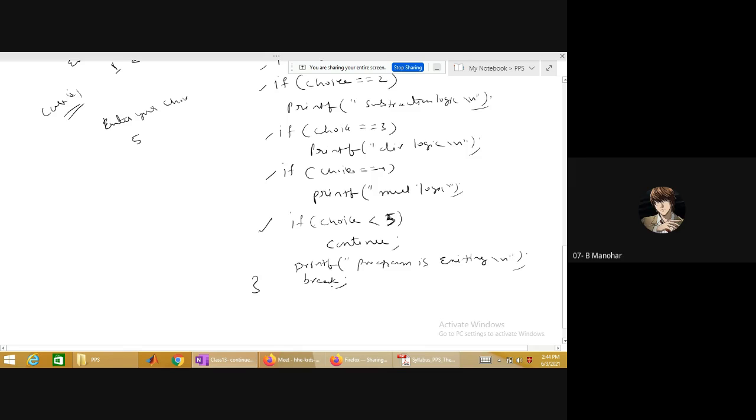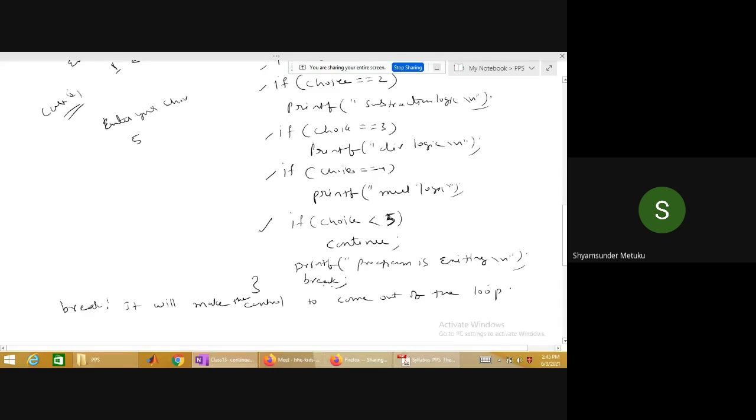break. Similarly, the way the continue statement tries to go to the next iteration, break is a statement, I'll tell you, this is a definition. It will make the control come out of the loop. Try to read carefully. What the break statement will do is it will make the control come out of the loop.